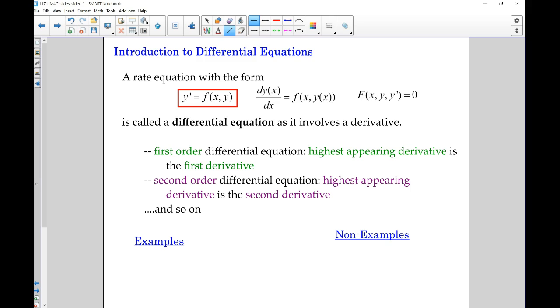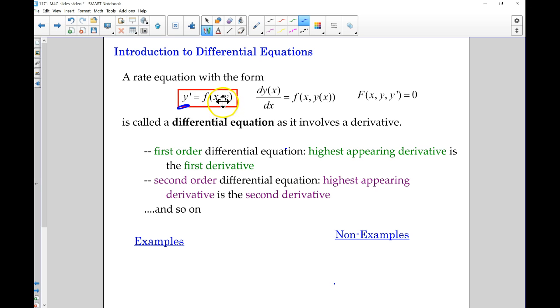This video is going to discuss differential equations and just give a brief overview. So just so we're on the same page, a differential equation is a rate equation where we can express the derivative, or possibly higher derivatives, as a function in both x and y. So for example here, y prime, that's the first derivative of y, may be a function that contains x